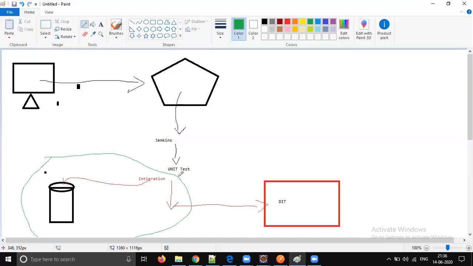So we don't need any manual intervention to test the basic endpoints, right? Whether all endpoints are giving the proper response or not. If any new change happens and some code breaks, if any bug is there, that integration test case will fail, so we can immediately report it before the code goes into DIT. So we can stop it right here itself. So that is the benefit.